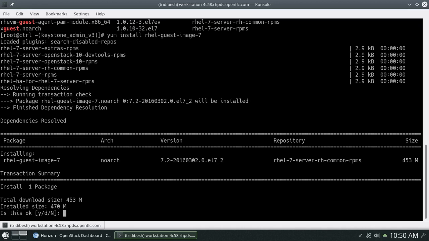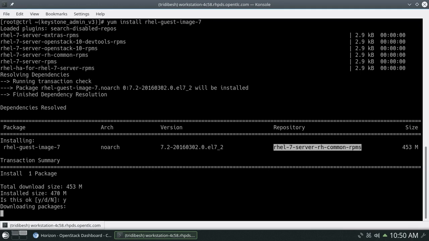As I was telling, for downloading this, you should have the rhel-7-server-rh-common-rpms repository enabled. If you don't have this one, you will not be able to download this image. So let's install this package so that we will have the QCOW image for RHEL7 in our system.